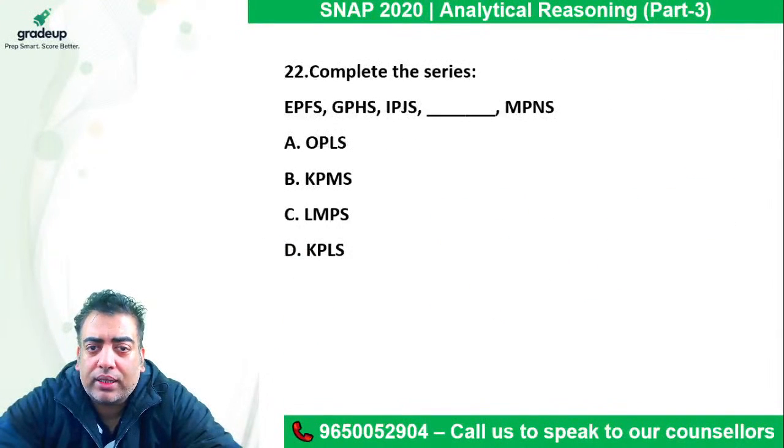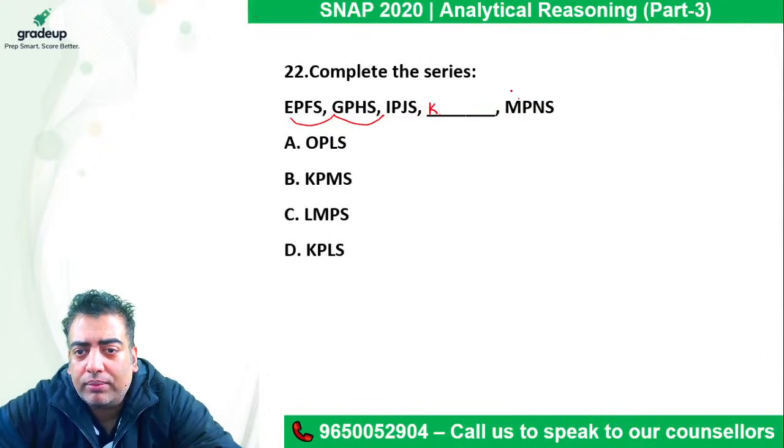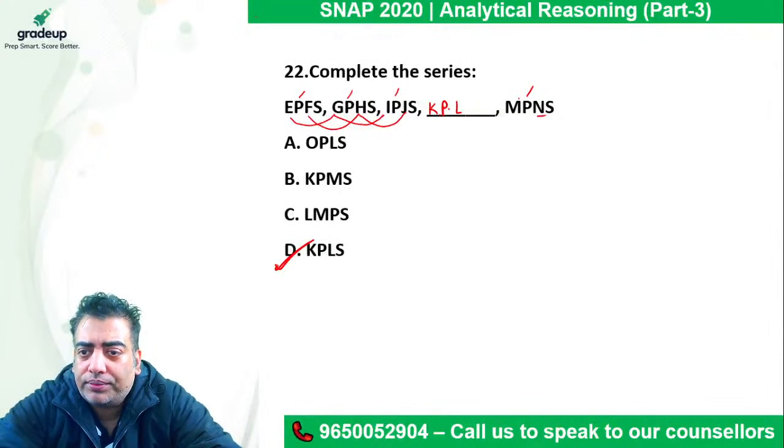Okay, so here it says complete the series. In order to complete the series, we just need to focus on the alphabets. So it is E, F, G, H, I, J के बाद K, L के बाद M. So it is getting fixed. Second alphabet in all the cases is P. So बिना दिमाग लगाए it is P. Then F, G, H, I, J, K, L, M, N. It also gets fixed. So K, P, L. There is only one answer option, so it is D.